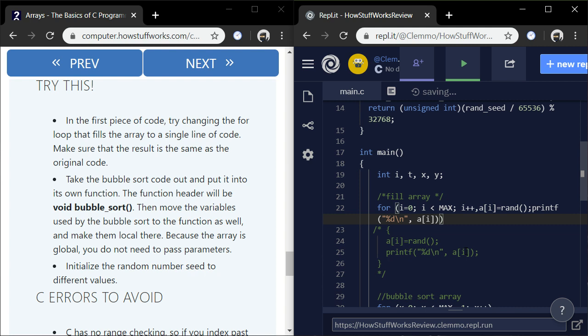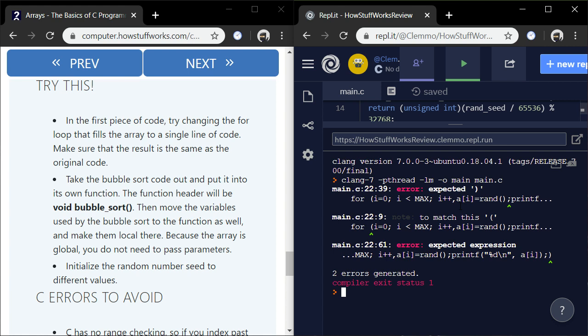I don't know if I should put a semicolon there. No way is this gonna work. No flipping way. Expected a parenthesis.